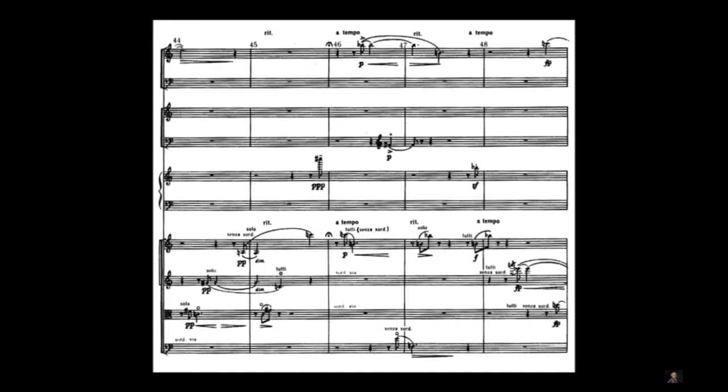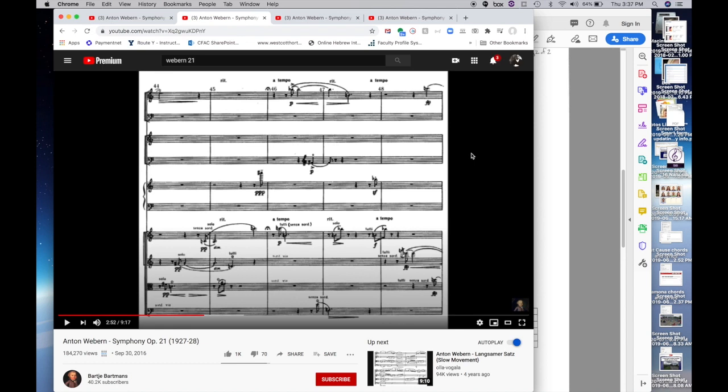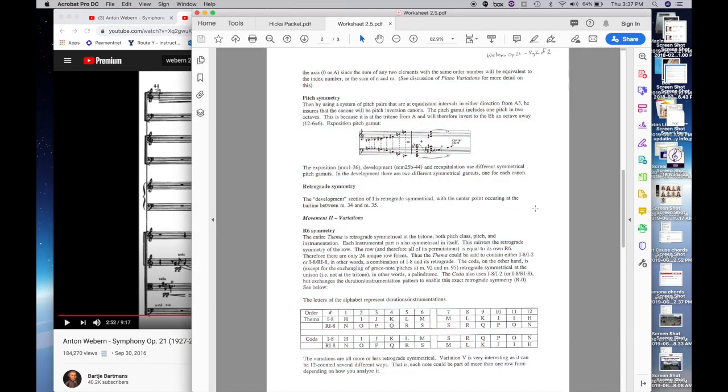Okay, I believe we've finished that palindrome. So that's a kind of famous passage that's retrograde symmetrical, not inversionally symmetrical. There may be inversional symmetries there, actually, I have no idea. Okay, then Dr. Hicks talks about, or no, I talk about, well,